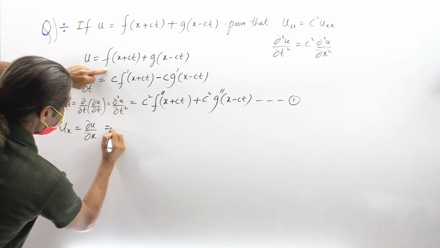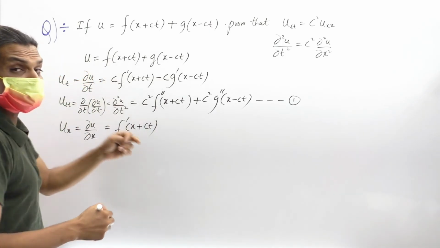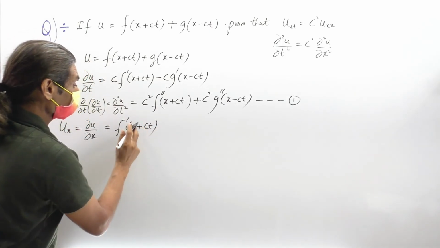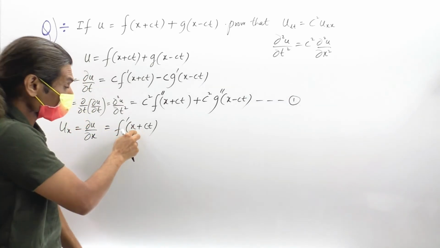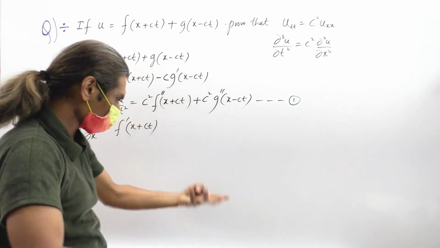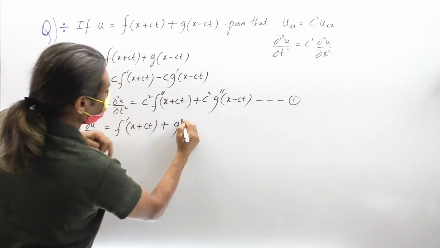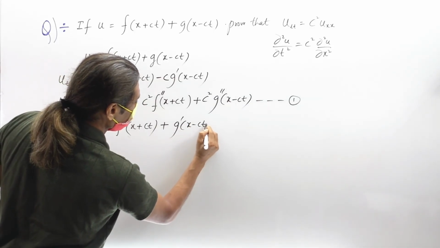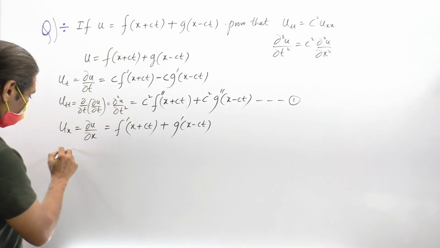Again differentiation of f is f dash of x plus ct. Again differentiation of x plus ct with respect to x: x is here, t is 0, and differentiation of x is 1. Leave it as it is. Again plus differentiation of g is g dash of x minus ct, and again differentiation of x is 1. That's it. Next, u double x is equal to